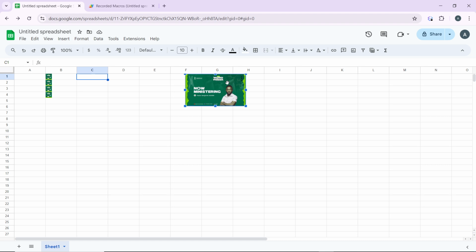So the next thing to do is how to add checkboxes on your Google Sheet. So that's the next step of this tutorial. So to add checkboxes on Google Sheets, you need to select the cells where you want to insert the checkboxes. So you can select multiple cells by clicking and dragging or by holding down